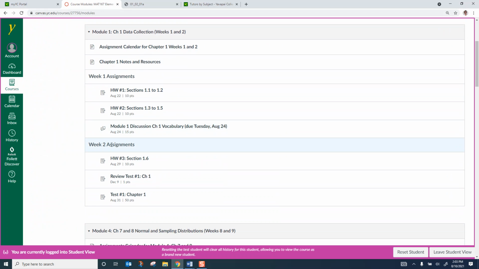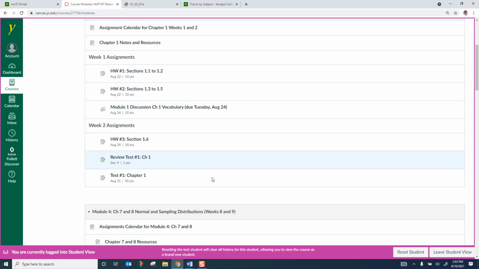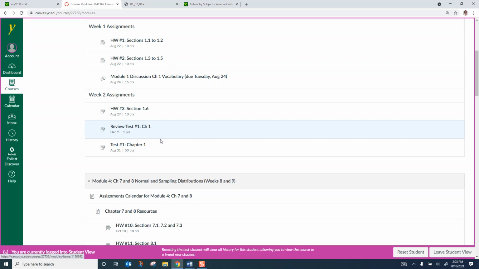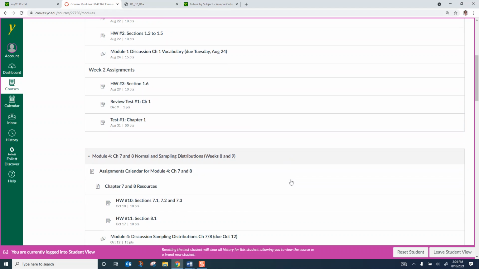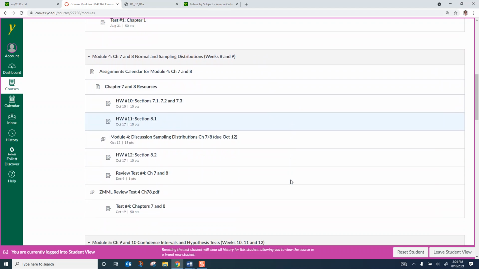All right, then it'll be separated. Week 2, homework. There's a review for each test. This takes you to MyMathLab, and then a test in MyMathLab. So the items that we turn in through Canvas are the discussion boards, but your homework and your tests will be done in MyMathLab. The next Canvas assignment, if you take a look at our